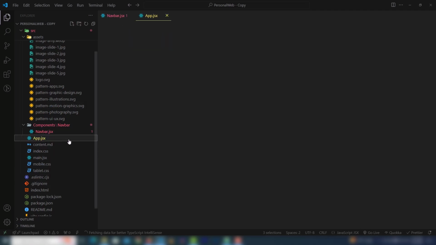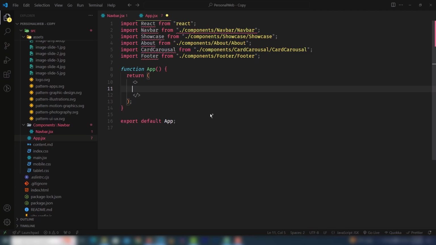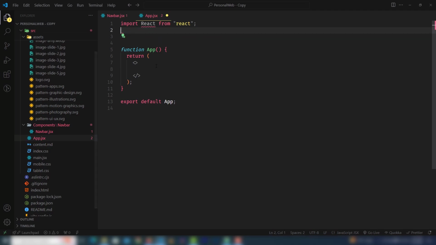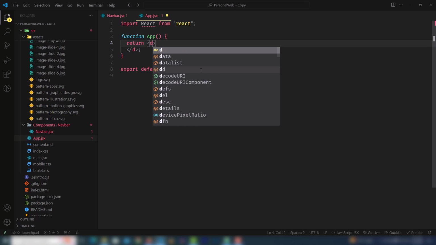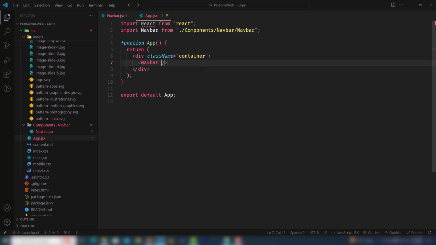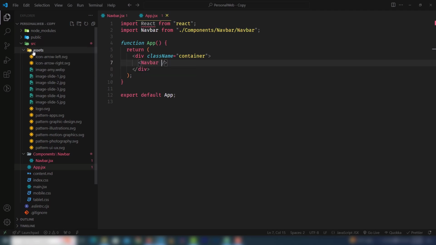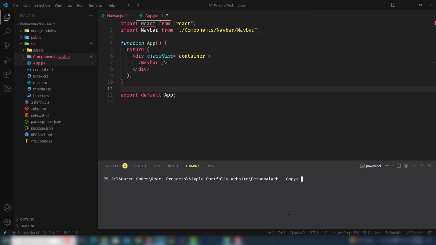inside my app.jsx file. By the way, here are my old project details, so I'm going to remove all of this. Inside that I will use a div and assign the class container. Inside that I'm going to use the navbar component that is coming from my component navbar folder. So I'm going to save that, and I'm going to execute the command to display the project inside my